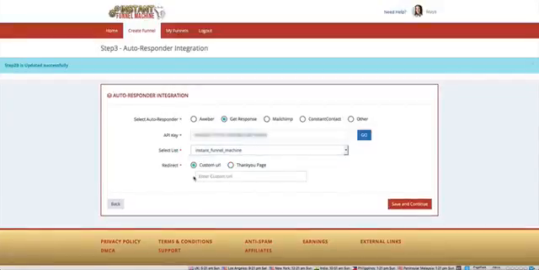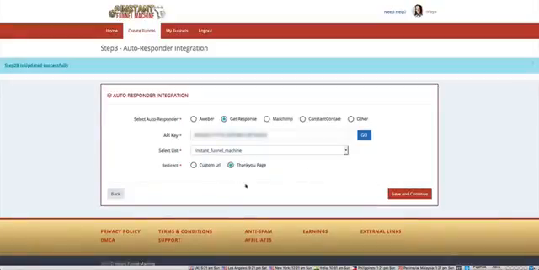So let's say they have the basic package where they can only create the squeeze funnel, nothing else on the back end, but they already have a sales funnel. They can put that sales funnel information in here and it will completely send them into their funnel. Or they can send them directly to our thank you page that we've created and designed to work fluid with this software. Now we're just going to leave it with a thank you page for now, and we'll hit save